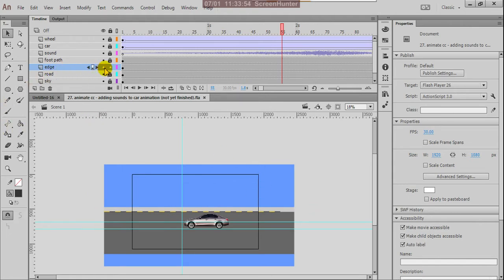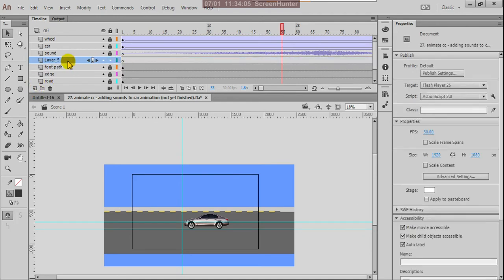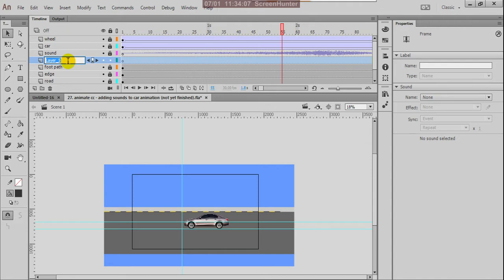Okay, I'll create one more layer here. So you can create a new layer. This is the land area.